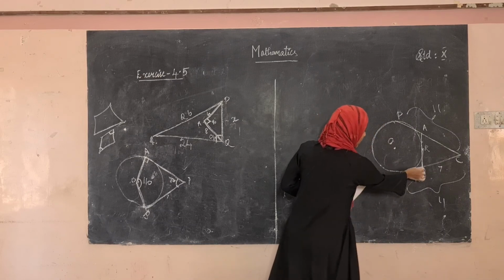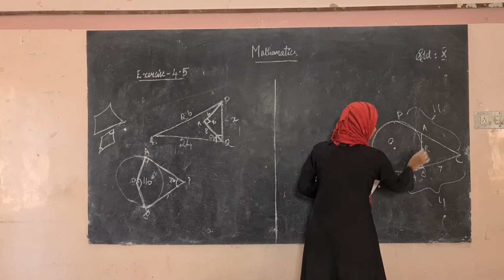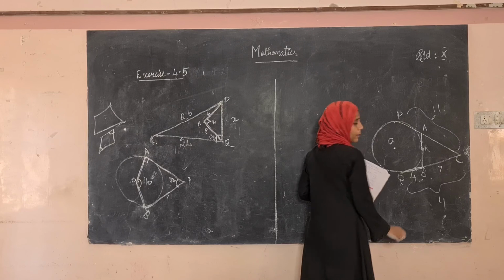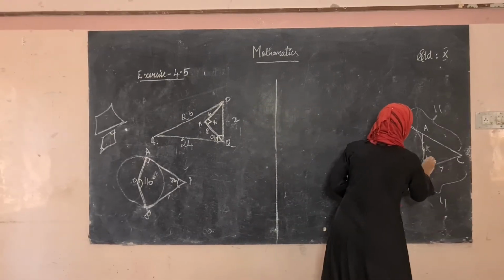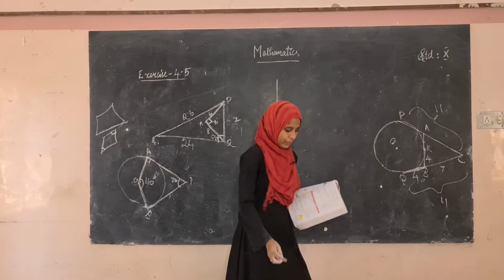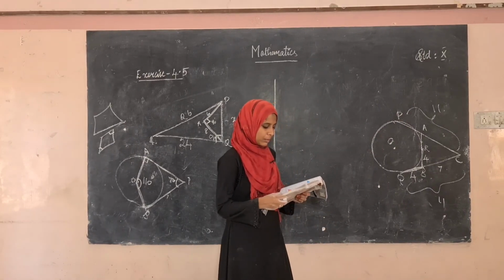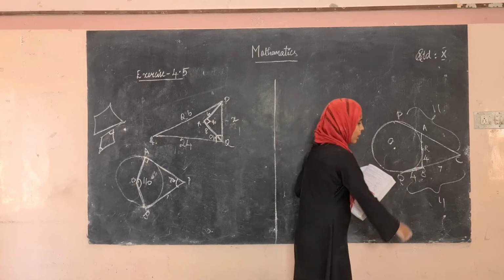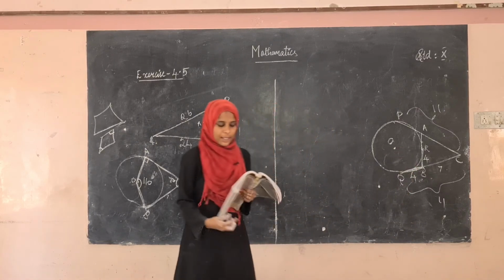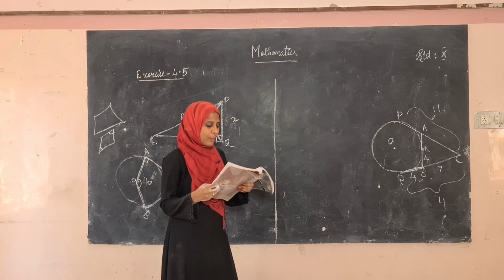From the point B, both these lines are tangents to this circle. So what happens is, from a point, if we draw 2 tangents, the lengths will be the same. If this is 4, this will also be equal to 4. They have asked us to find BR, right? So the value of BR is 4 centimeters. Okay, see the 15th sum.